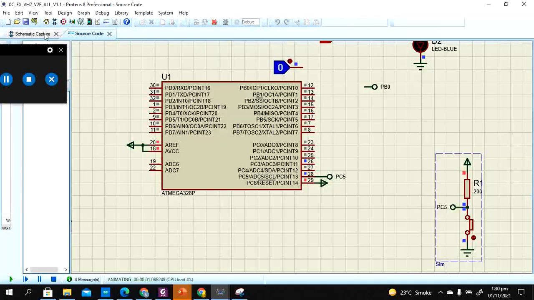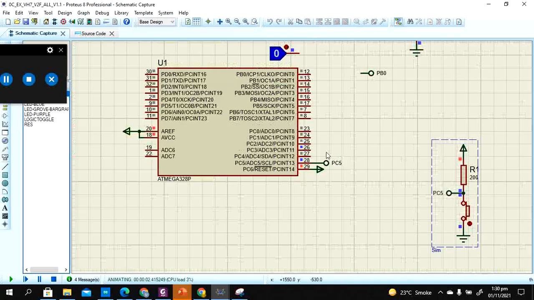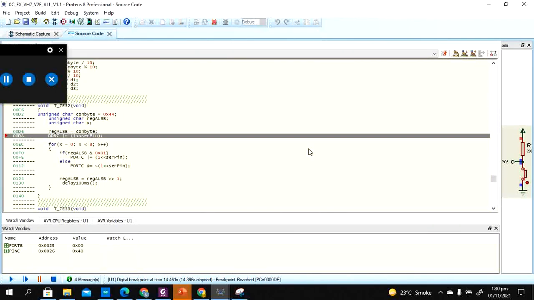You can see this data is going to change. 0 1 0 0, and again 1 is going to come. This is the second 0 1 0 0. So there should be a synchronizing pulse with this that will make it more visible. We'll see if we can modify this and see it more visibly.